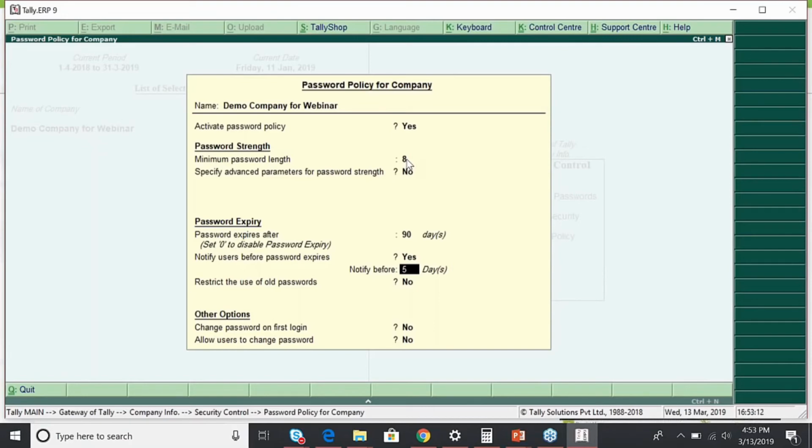Please configure the new password. There is also an option whether you want to restrict a number of passwords from being reused. For example, I have used the password A, and do you want to allow him to use it again, or restrict him from using that password? You can also allow it. So these are the things which can be configured.